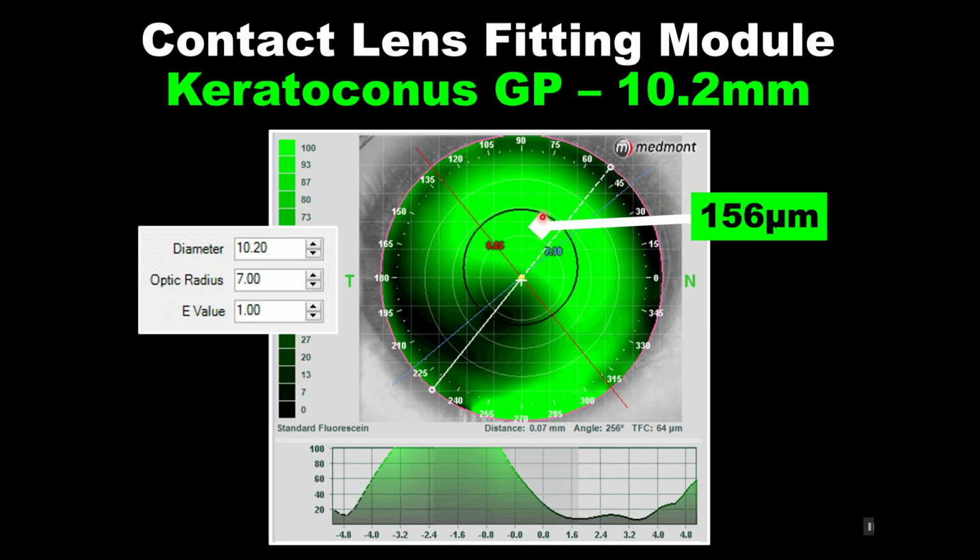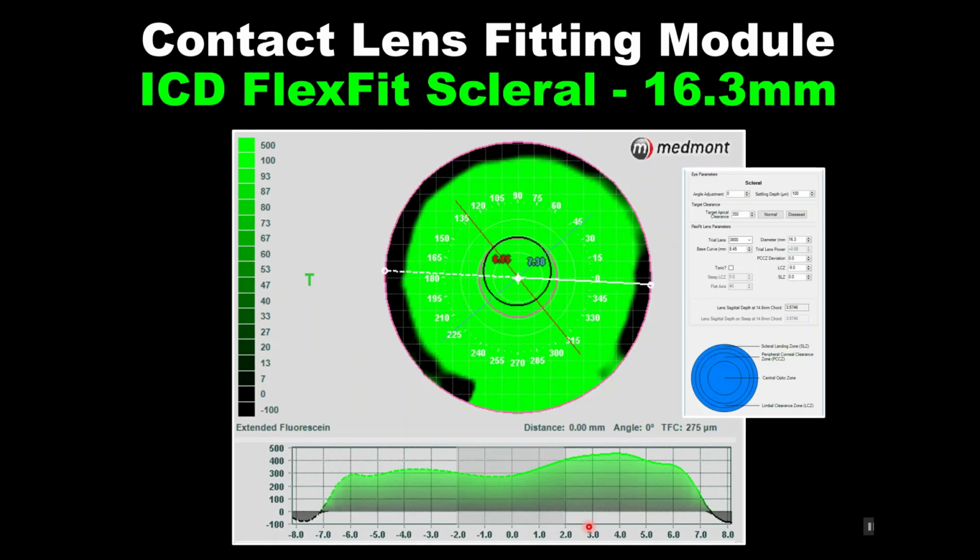We would have so much fluid here, we're more likely to have a bubble. And if we were to go any flatter, we're going to hit the cone, hit the diseased tissue, and that would obviously put the patient at greater risk. So a corneal GP might not be the best choice for this patient. Now, we could pull up a scleral lens from within the software, in this case the